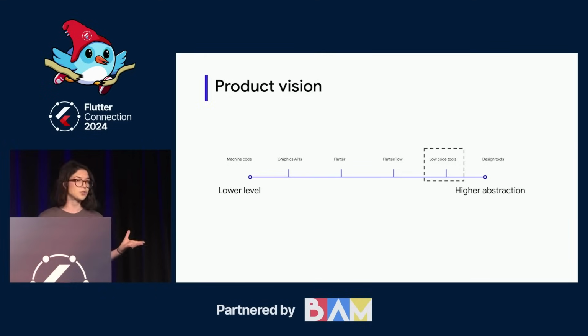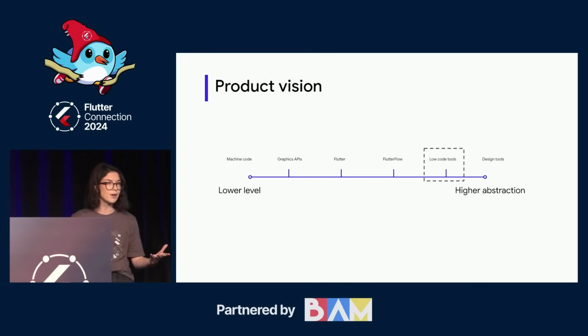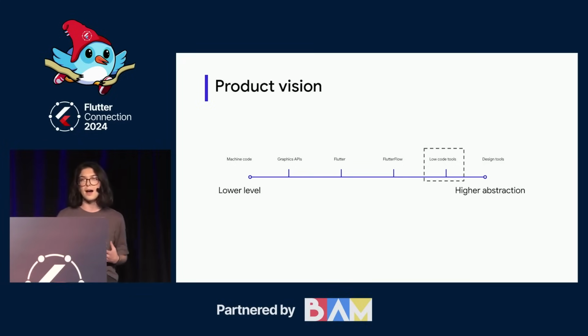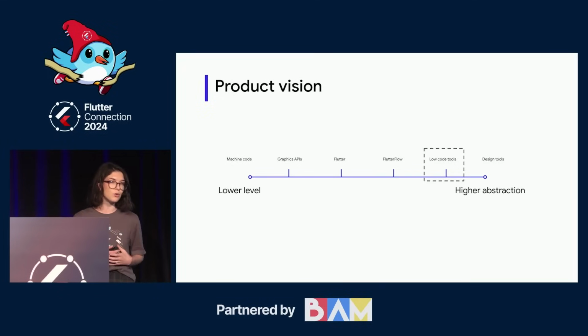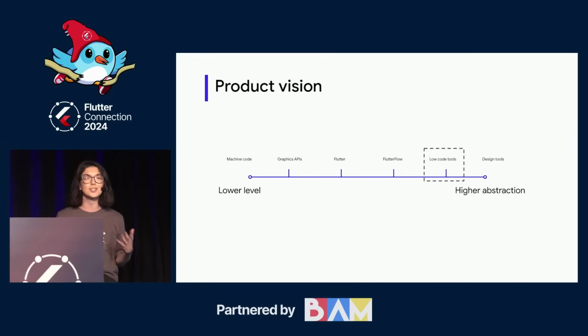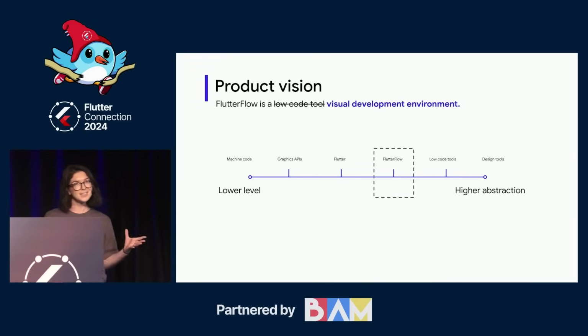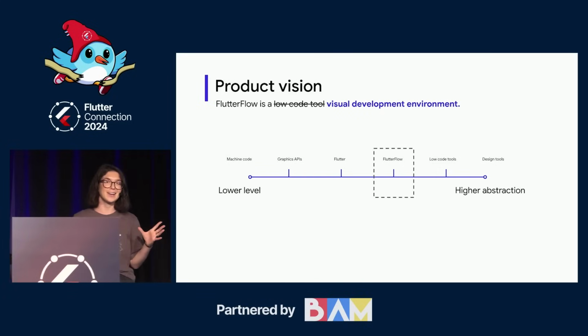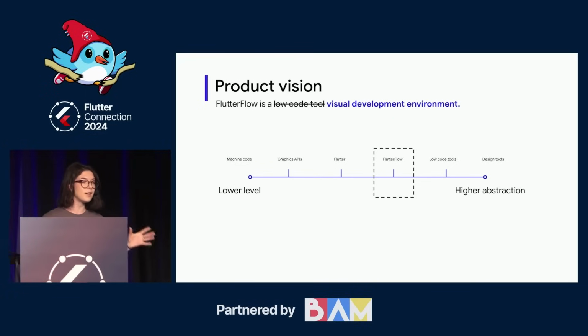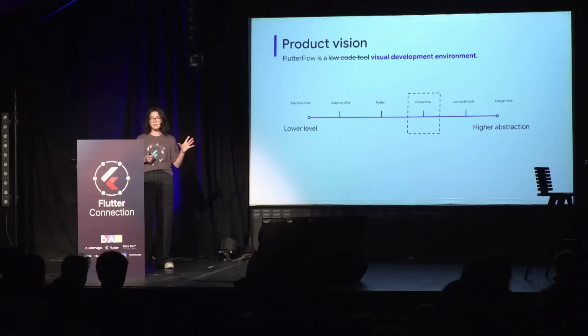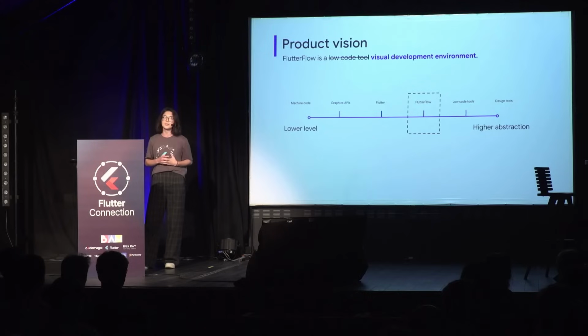But of course, that has lots of trade-offs, like maybe it's hard to figure out what's going on. Everything's sort of a black box, so you lose control. And maybe you're sacrificing on your app's quality or certain features that you want to build into your application. So I'm considering FlutterFlow to be in its own category. I'm going to stop everyone from calling FlutterFlow a low-code tool, and instead we're going to start calling it a visual development environment. And the reason why I want to make this distinction is because I view it as lower abstraction compared to other low-code tools.